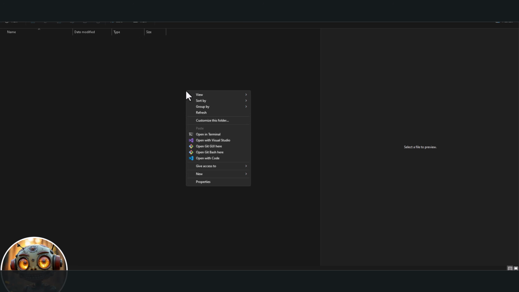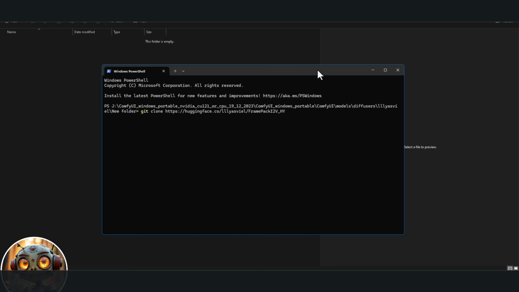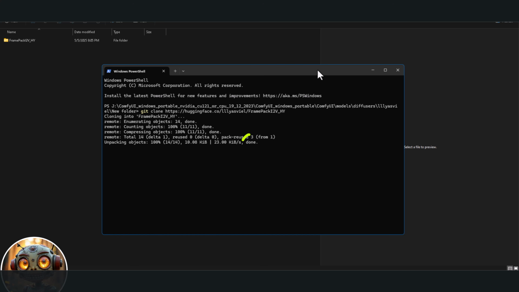Next, go back to the ComfyUI directory, open the Models folder, then the Diffusers folder. Inside the Liasville folder you created earlier, delete the Framepack i2vhy folder. Right-click in the empty space and choose Open in Terminal. Paste the git command you just copied, hit enter, and it will start cloning the whole repository directly into that